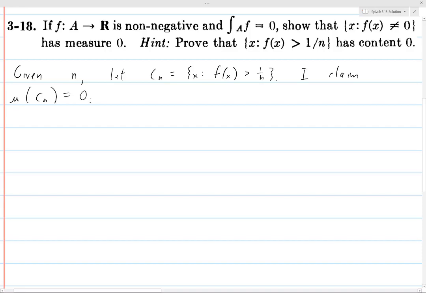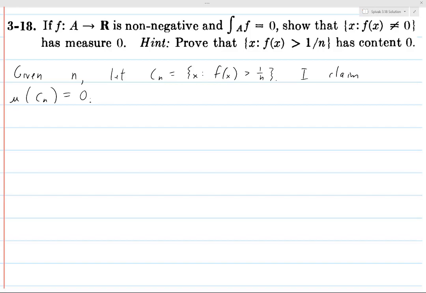Now what the problem says to do is to prove that this set has content 0. But I wasn't able to come up with a way of doing that, and I also didn't find that to be necessary for this problem. So I wonder if that's a typo, or if there's a different way that they expected us to do this. But in general, thinking back to the way that problems like this are done in a measure theoretic setting, I think typically sets like this